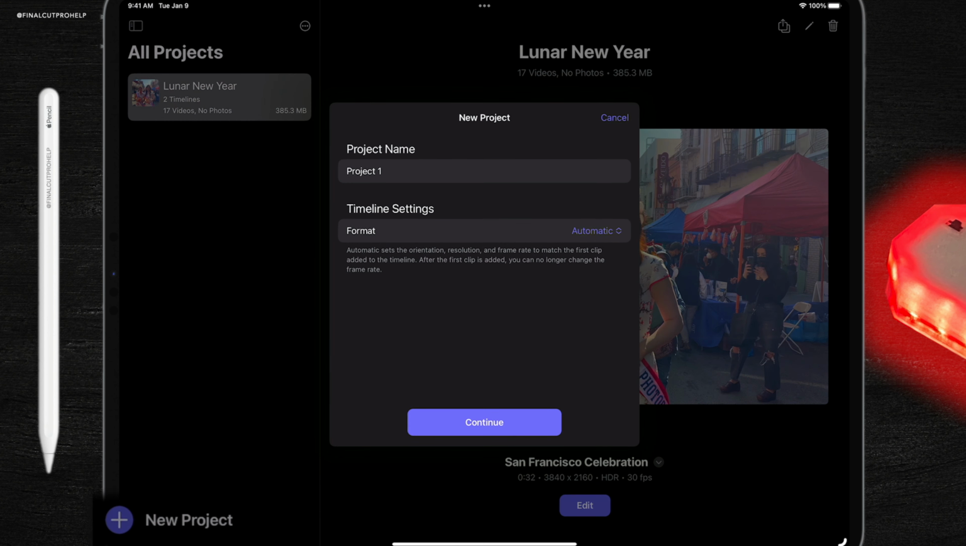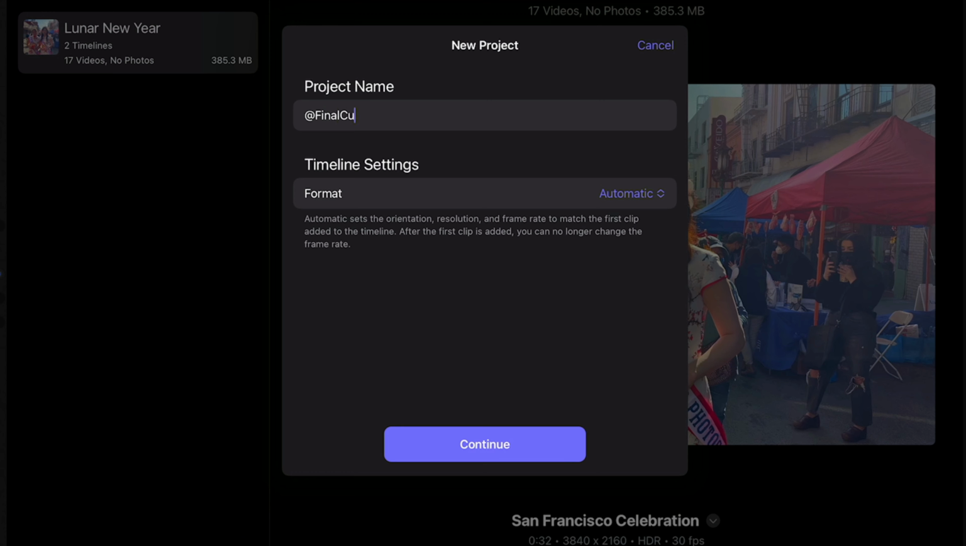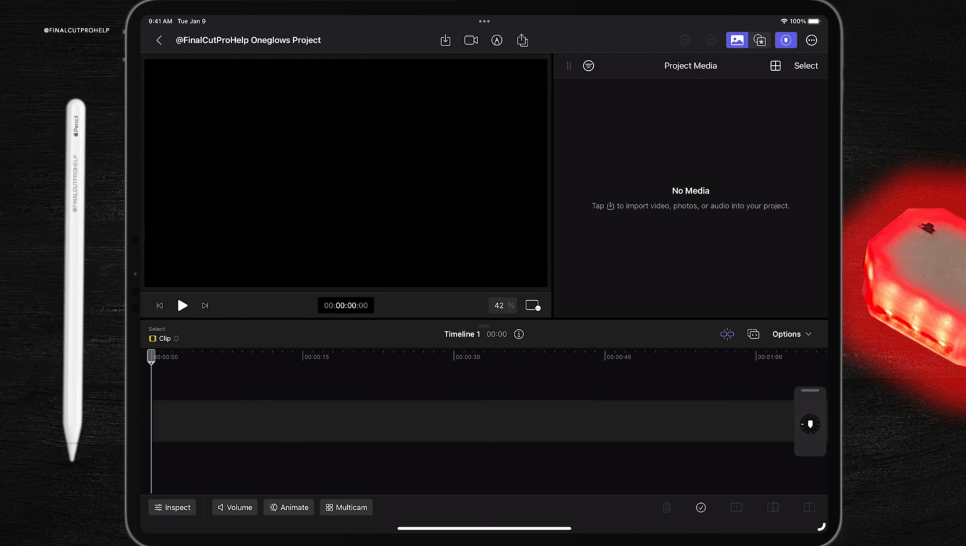To create a new project, tap the plus in the lower left. Select a name and desired format. Similar to the macOS version, use automatic settings to set the timeline based on the first clip added to it. Tap Continue to see a list of sources Final Cut can import media from. Although we could tap on one of these and import our files, let's tap Blank to start with an empty